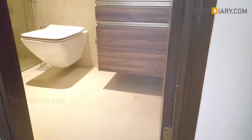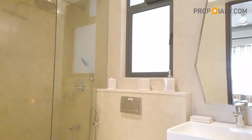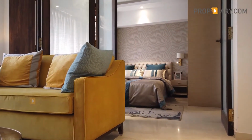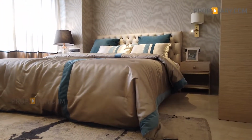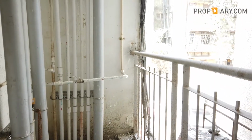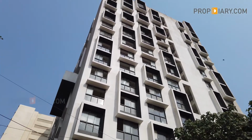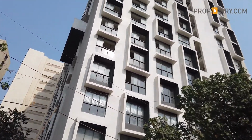There's a beautiful washroom here. We are with 4.4 into 7.8 square feet. And we have a sliding door which connects to the bedroom. You can also combine 2 flats, and we have a dry space here so that you can use this to dry your clothing. This is a tower 14 storage building. It's completely constructed,